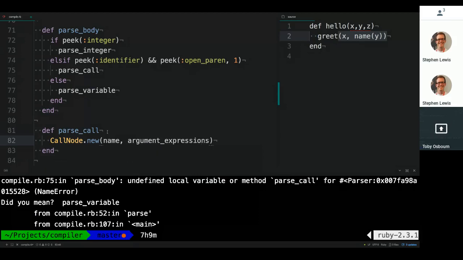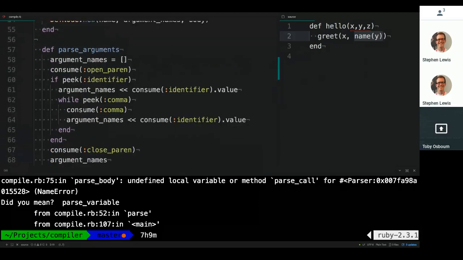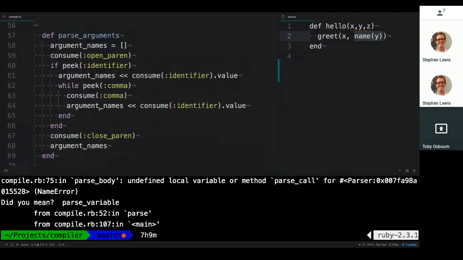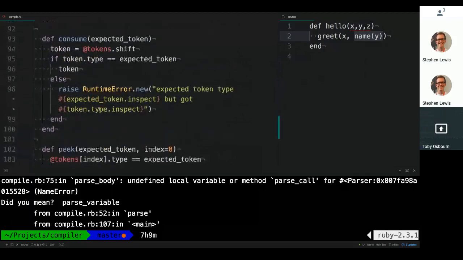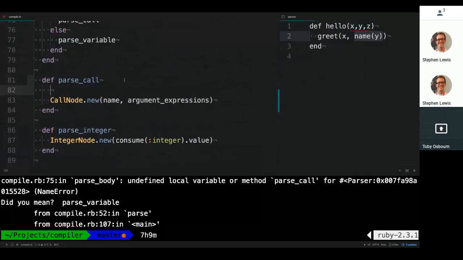And it'll take a name and some argument expressions. I'm calling them argument expressions instead of argument names because in our first example, these parameters are just dumb parameters. They're just variable names and commas. But these are expressions because you can have extra stuff going in them, like other methods. So unfortunately, we can't just steal this parse arguments code. It's kind of similar, but not exactly the same because there's more funky stuff that needs to happen. Here we go. To set the name, that's pretty easy. We've been doing this already. We just need identifier and grab the value